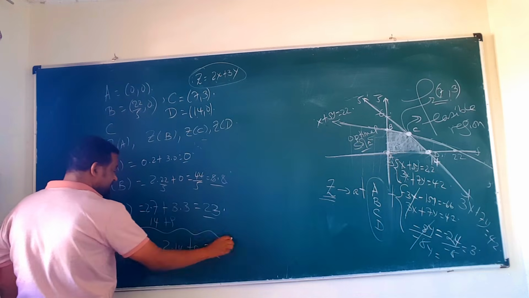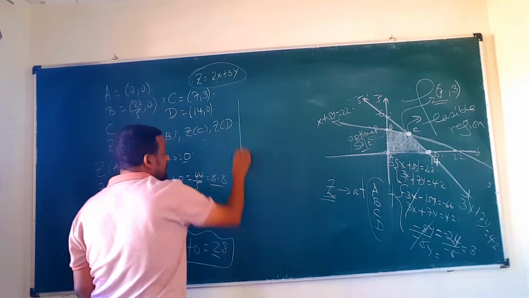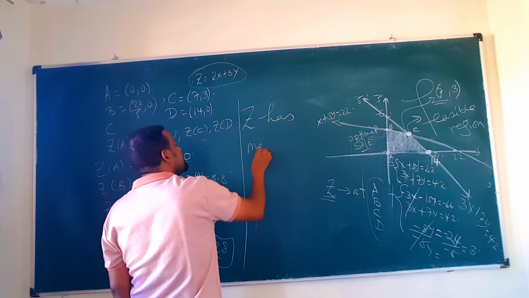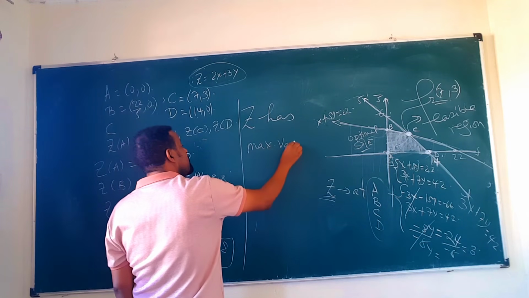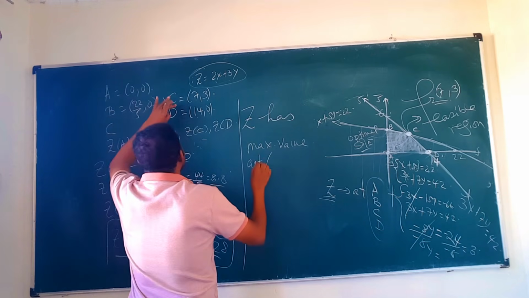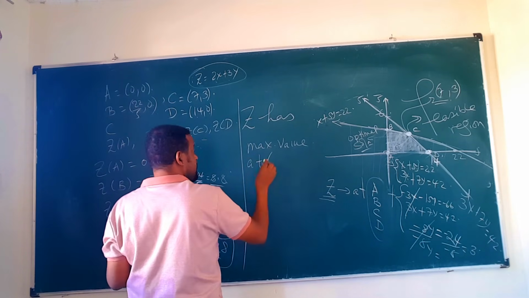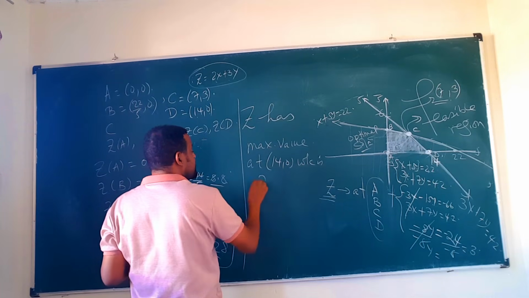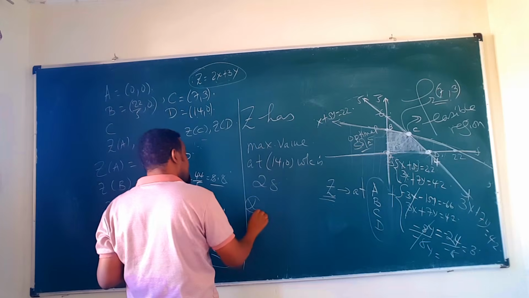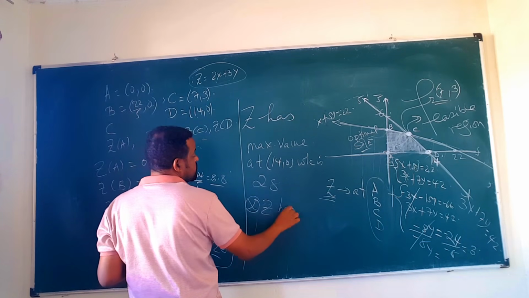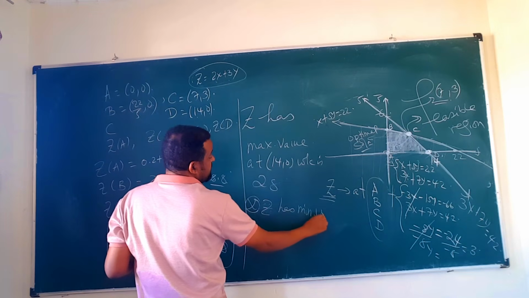So the maximum value occurs at this number. Z has its maximum value at the point (14, 0), which is 28. And Z has its minimum value